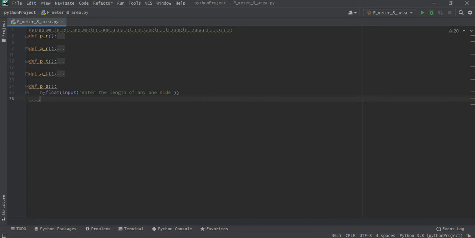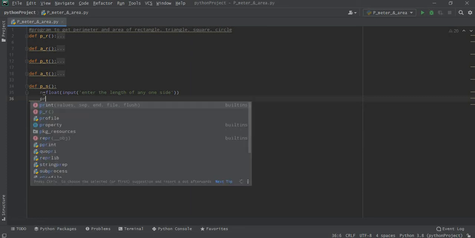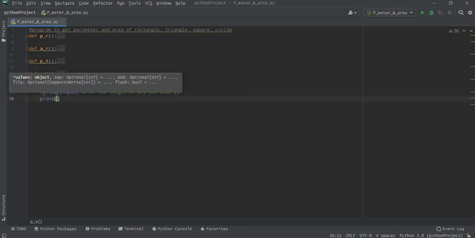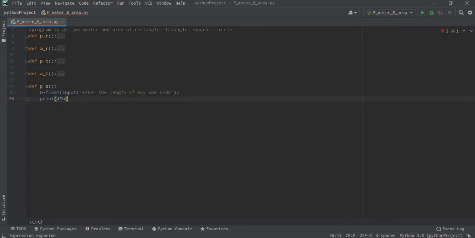After using float for that, what we're going to print, everyone knows the perimeter of a square, which is 4 times a, or 4 times the side. So simply it would be 4 times n, comma